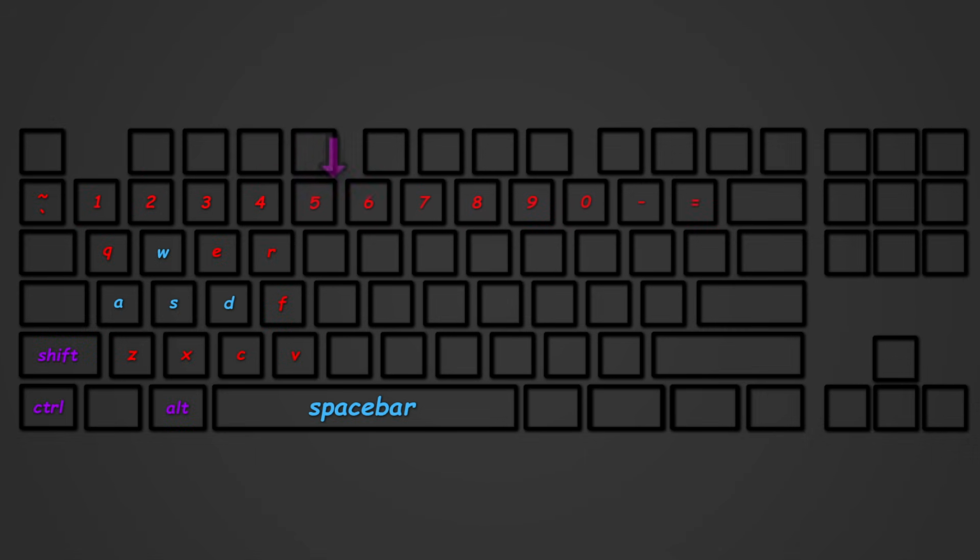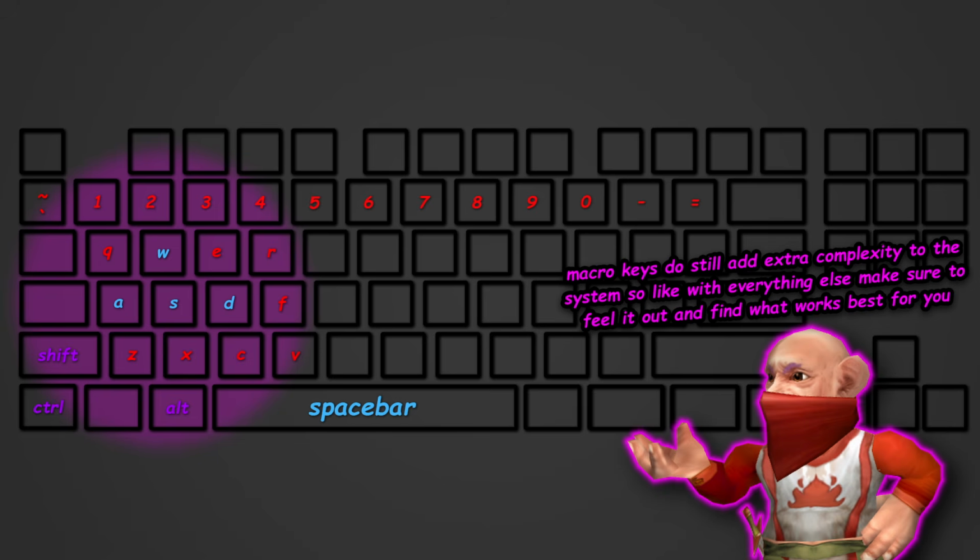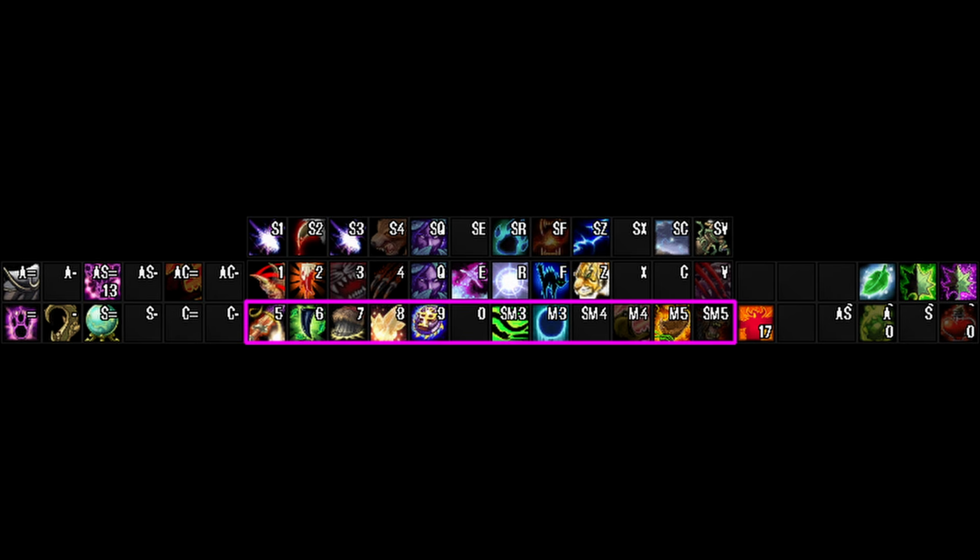But that aside, while I am technically using keystrokes that are far away from the standard position, I never actually have to move my hand to that specific key because the macro keys on my mouse are essentially just copies of those keys but in a more desirable location, which opens up a lot more possibilities for my keybind system. So with that in mind, despite this bar being set apart for situational abilities, all of the keybinds on it